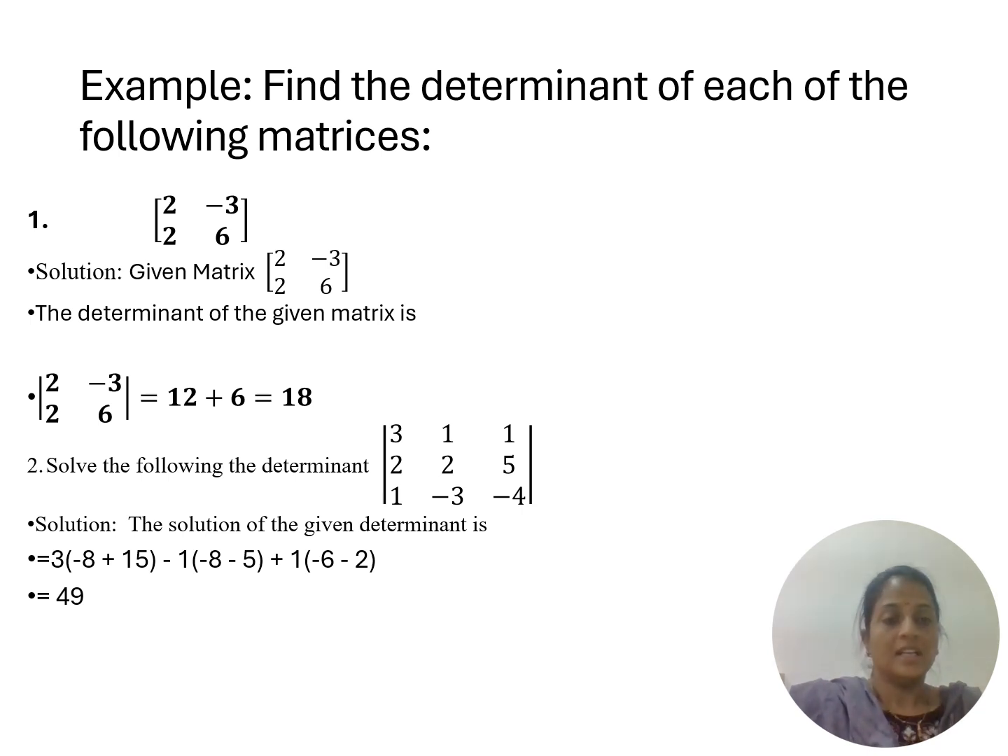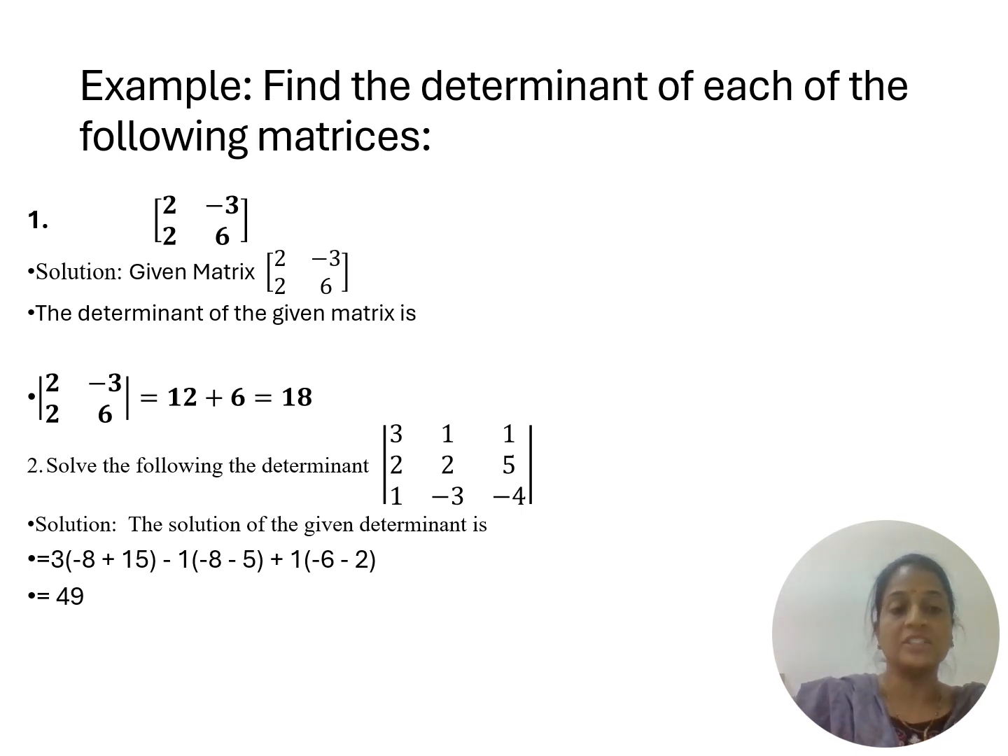Yes, next, how to find the determinant of each of the following matrices. So first, I already explained the difference between matrix and determinant. A matrix is only an arrangement of numbers, and from a determinant we find a particular answer. So a determinant is only a scalar value, and we can solve any determinant, but the condition is that